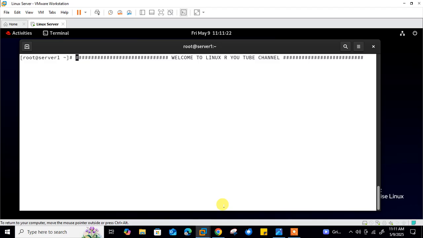So what's in this video? In this video we will talk about how to create an incremental backup using the tar command. But before we start the lab session, we need to understand a few points: what the tar command is and the importance of incremental backup. In Linux, the tar command is a utility for creating, modifying and extracting archives